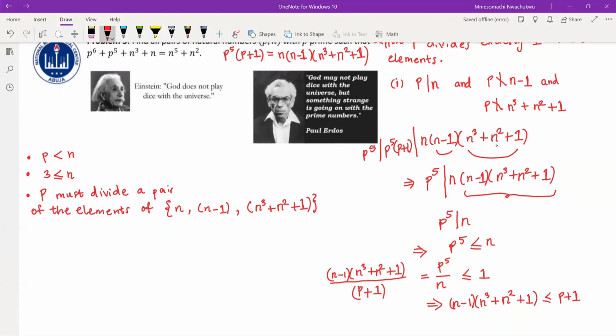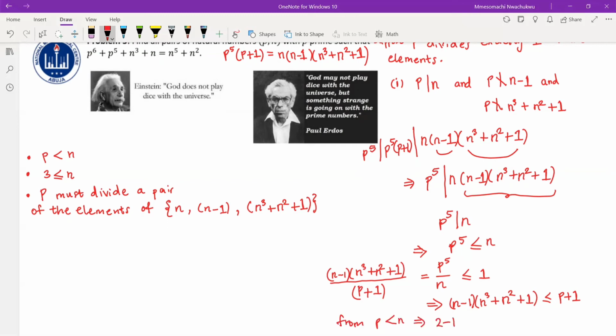It implies that, recall that we said n is greater than or equal to 3. So 3 is less than or equal to n. So this implies we can put 2 minus 1 into n cubed plus 1. Okay, so let's put it this way instead. So we can put, so this implies that, recall that from p less than n, so this implies that